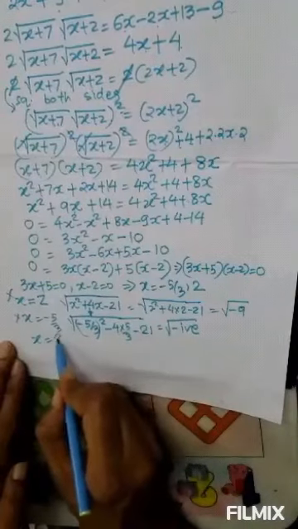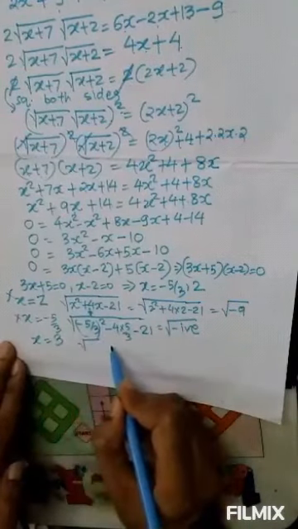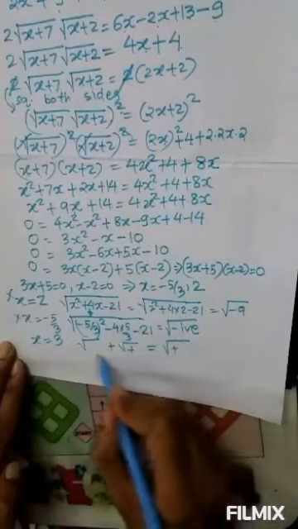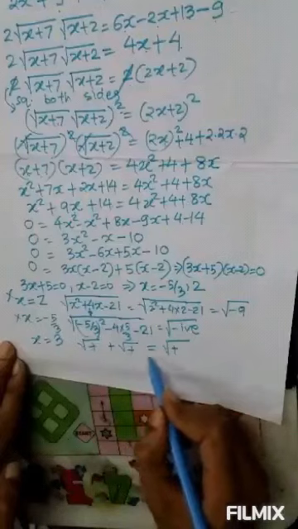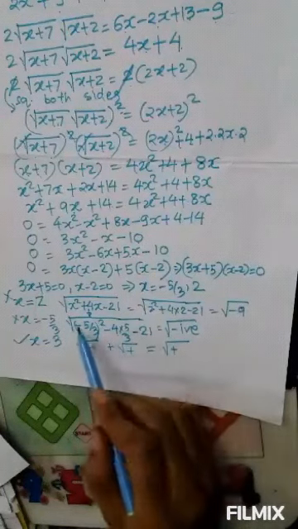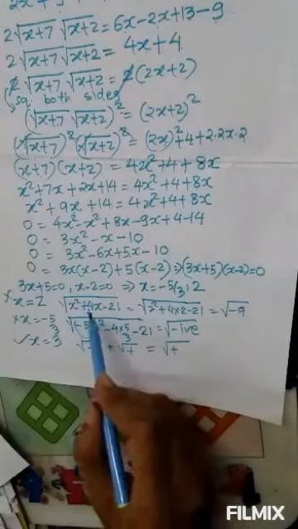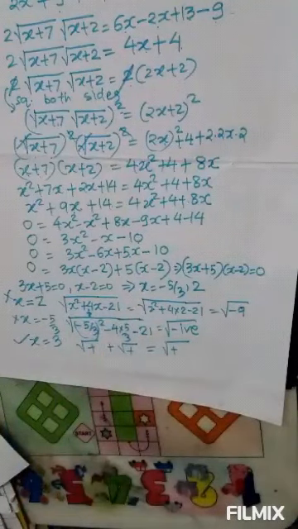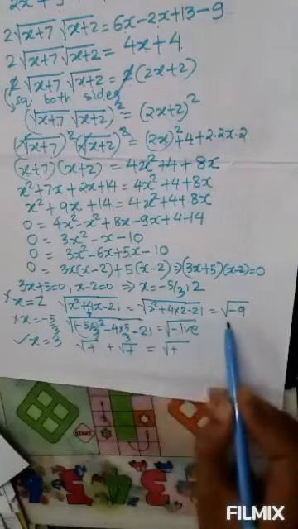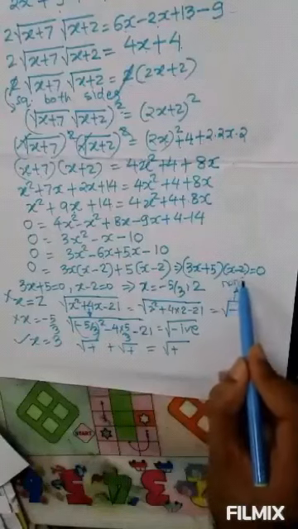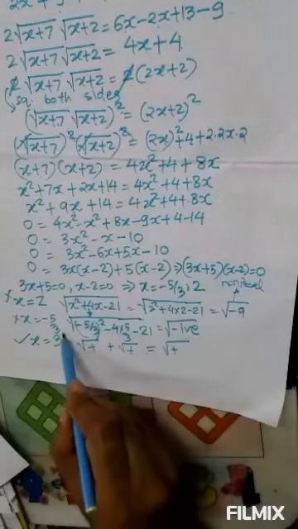But if we put x equals 3 in all the given square roots, we will get positive, positive, positive, and LHS equals RHS. So only x equals 3 is a solution. Why are we substituting? Because we have to take care that whatever x we substitute inside the square root, it should give a positive value. Then only the square root will give a real value, otherwise it will give a non-real value. So it has only one solution, x equals 3.